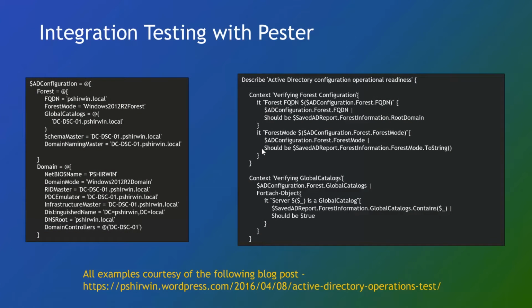So this concept of integration testing, you can see on the screen, and I stole this directly from that blog at the bottom of the screen, so I give him full credit, but I thought he did a great job. There's no point in me recreating the same thing. On the left-hand side of the screen, there's just the top of his example for DSC for building a domain controller. It's going to create a forest, it's going to go create a new domain, and then on the right-hand side, there's an example of Pester validation tests that say, go make sure that I can actually identify,